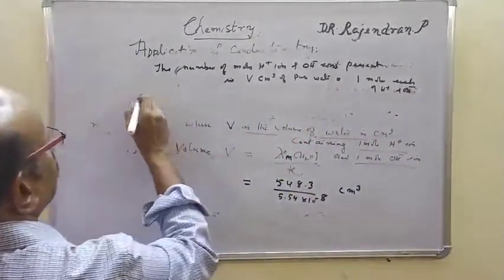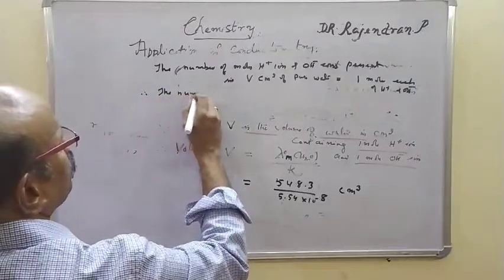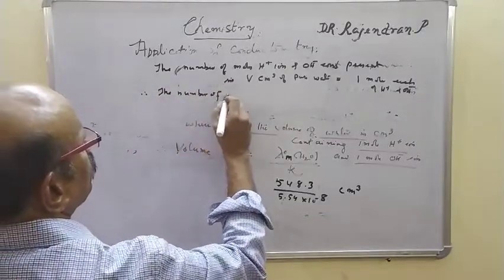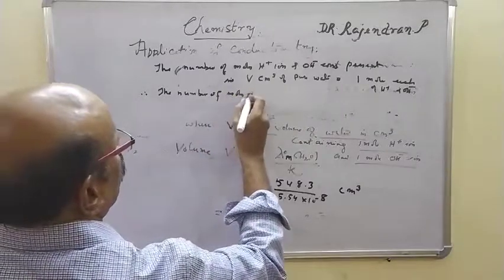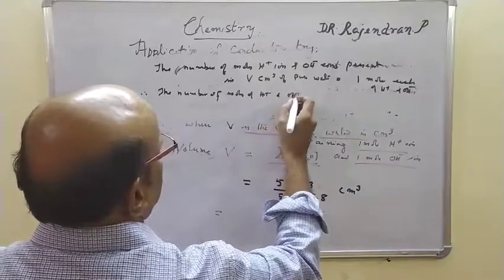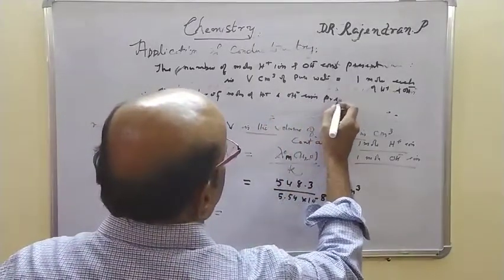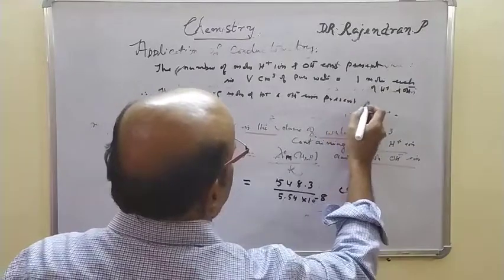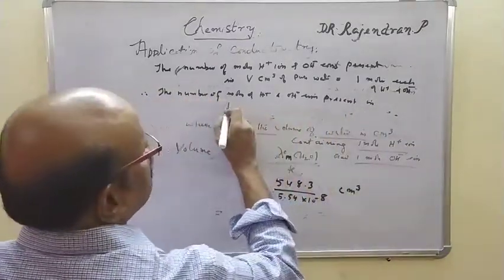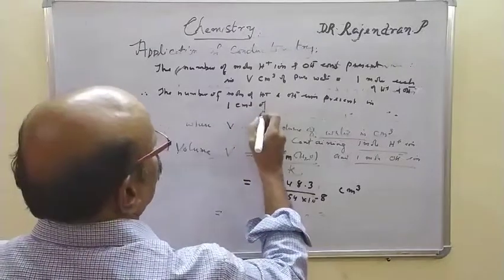Therefore, the number of moles of H plus and OH minus ion present in 1 cc, 1 centimeter cube, of water is